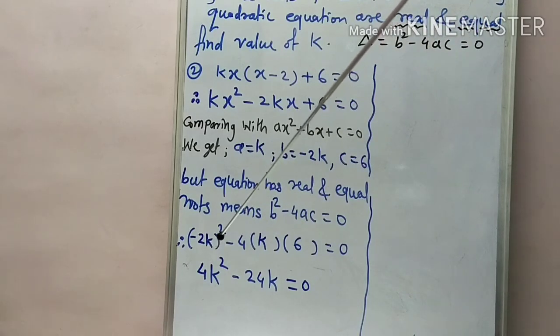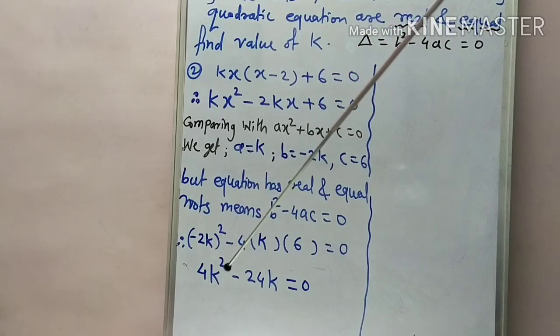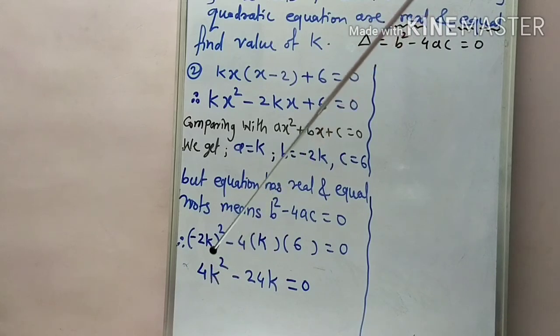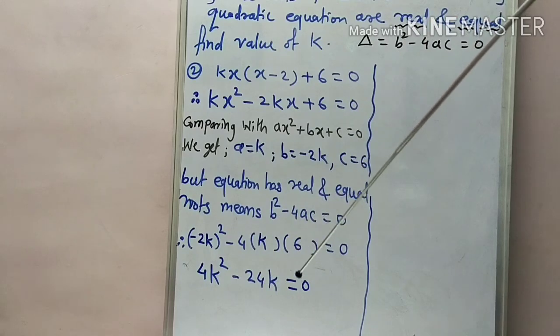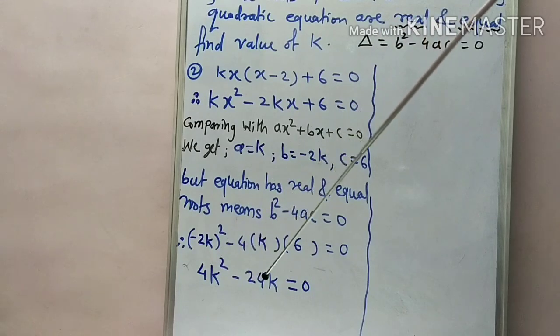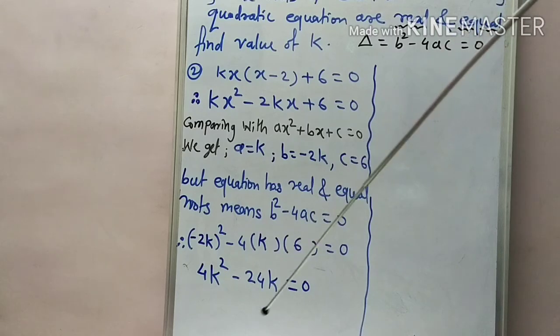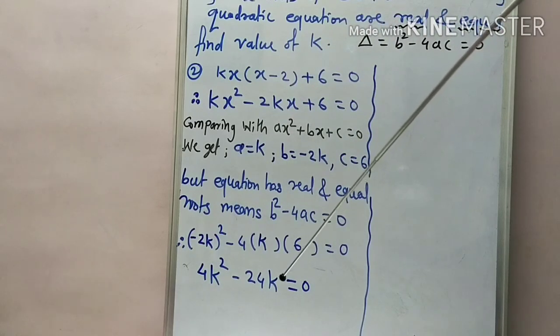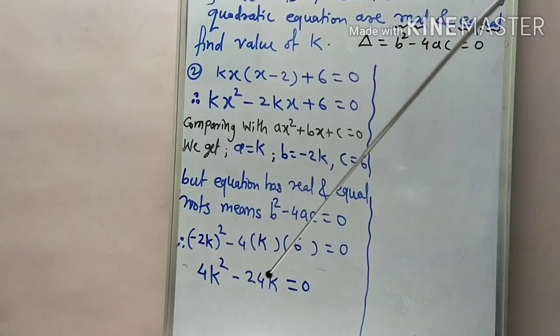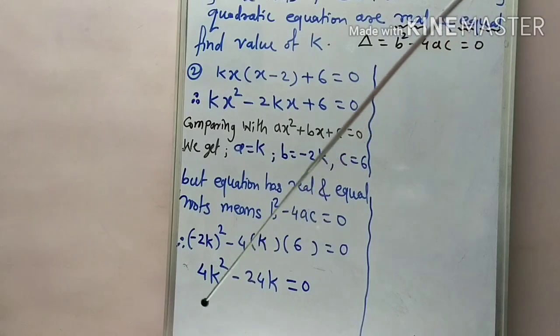So as we simplify this, the square of minus 2k is 4k square. You have to do the square of both terms. Square of minus 2 is 4 and square of k is k square. Minus 4 sixes are 24, k equal to 0. But here we have only two terms, that is 4k square minus 24k equal to 0. So according to the factorization method, what we do here, the constant term is not there, but in both the terms we have a common factor. Okay, so we take that common factor and find out the value of k.